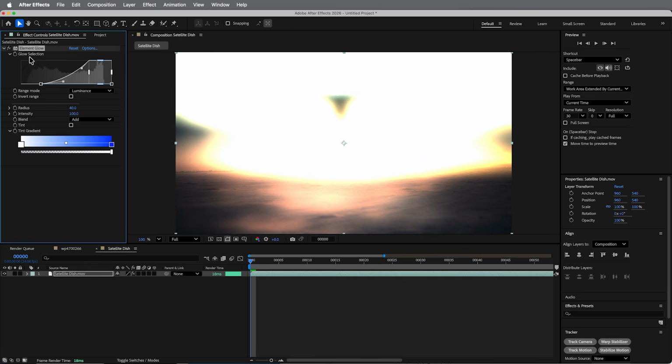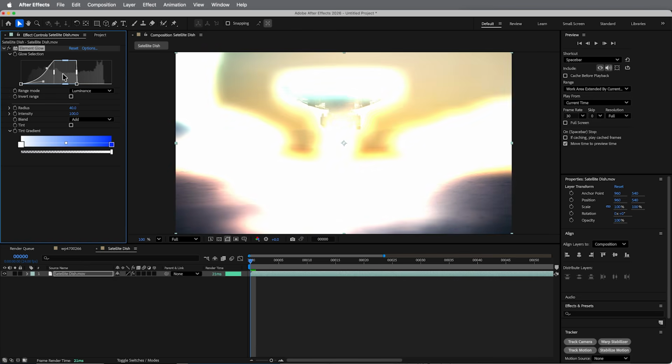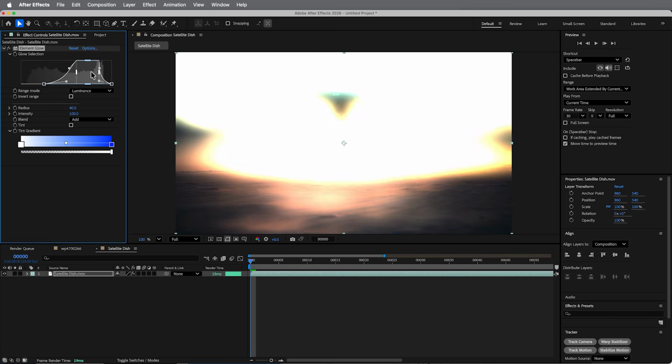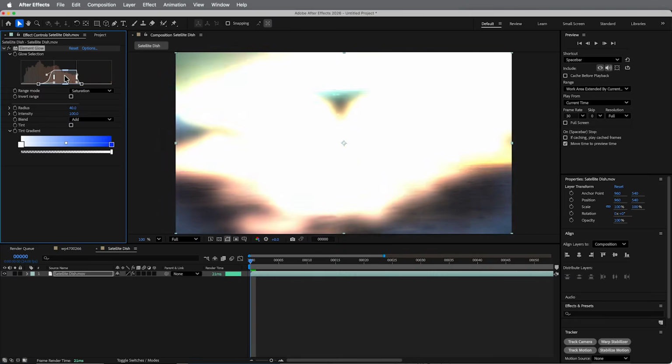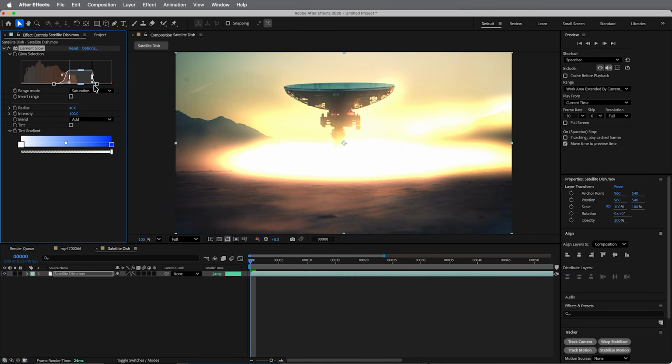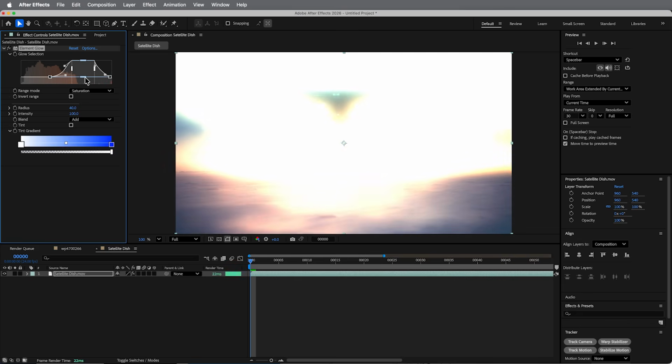So we have this glow selection, and we've got this input field where we can choose exactly what we want to glow, right? The highlights. We want the highlights to glow. But what if we want to do things based on saturation? Well, we can do that based on saturation instead. What's also cool is I can bring this up and down, so it really limits how much of that is. But if I bring this bottom one up, it makes everything a little bit glowy,